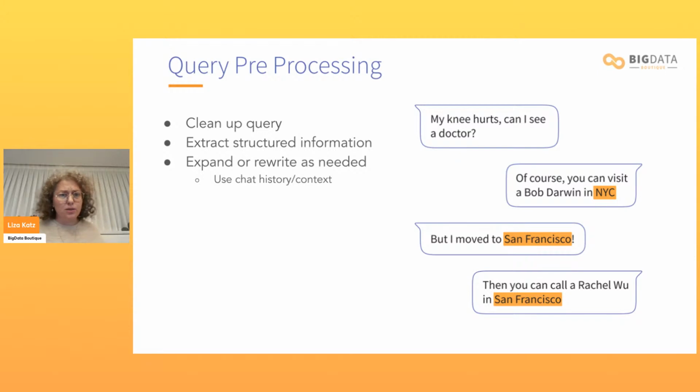So first of all, we'll need to clean it up. Cleaning it up means if someone's being super polite, it's great for the AI overlords, but it doesn't really matter for the sake of our question. And the way we're going to do that is we're going to extract structured information from the user's question. So we want to translate the user's question, which is pretty straightforward, into something that we can work with.